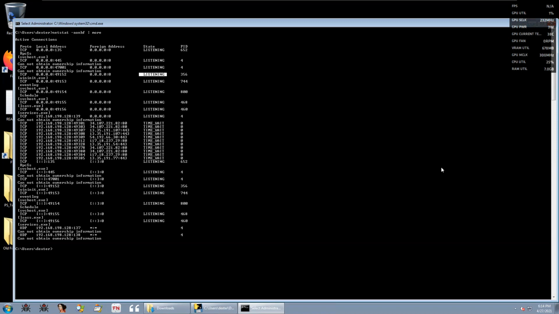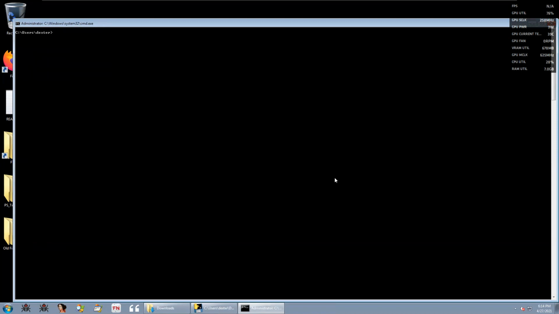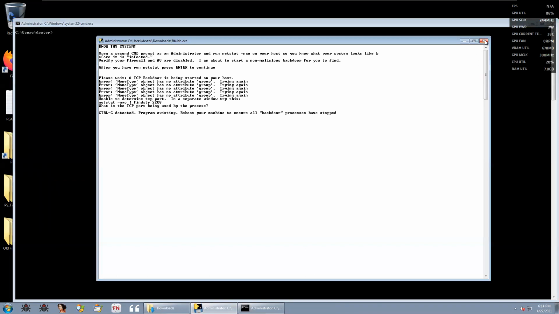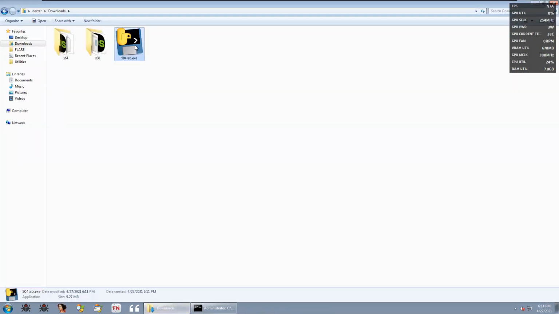So let's clear it and go back to that machine. Wait, the TCP backdoor is being started on your host. Looks like some problem occurred. Let me close it and try to run it again.